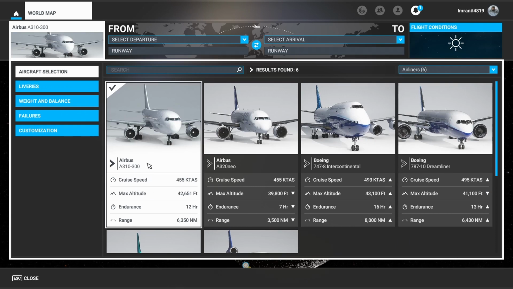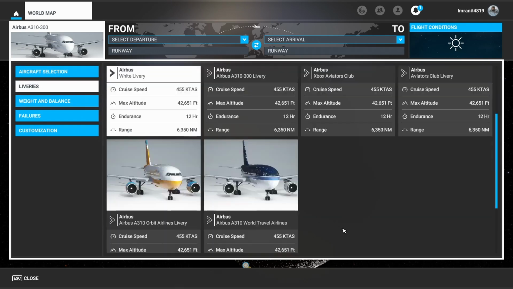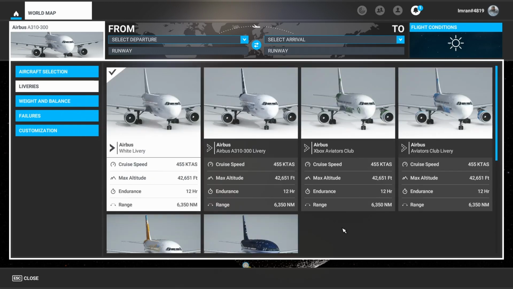So click on that, and this is quite a plane in terms of liveries. I see there are a couple available. I'm not sure how they will impact the loading time because I haven't used them before. So for now I think I'll live with it. I'll maybe try it in the next tutorial. So we'll go with that livery. Alright, after that's selected, let's